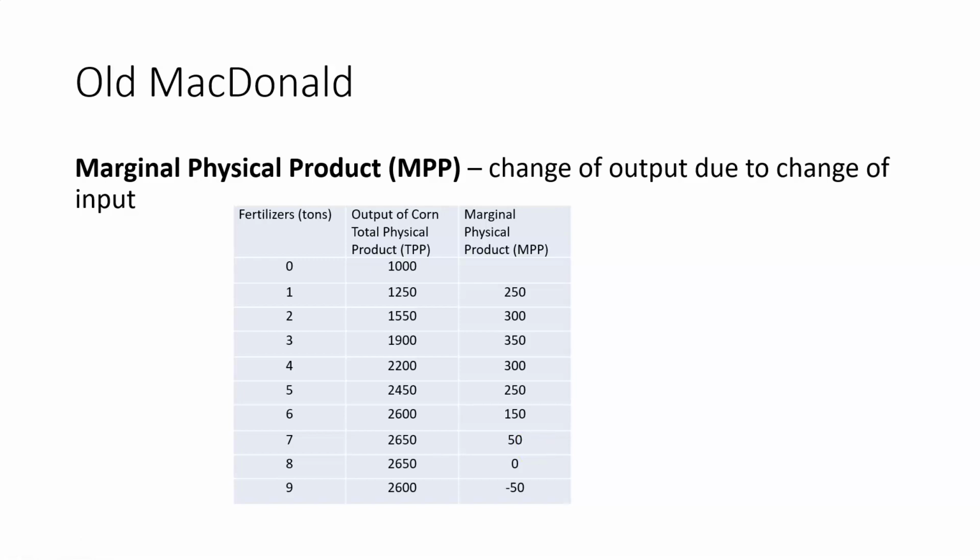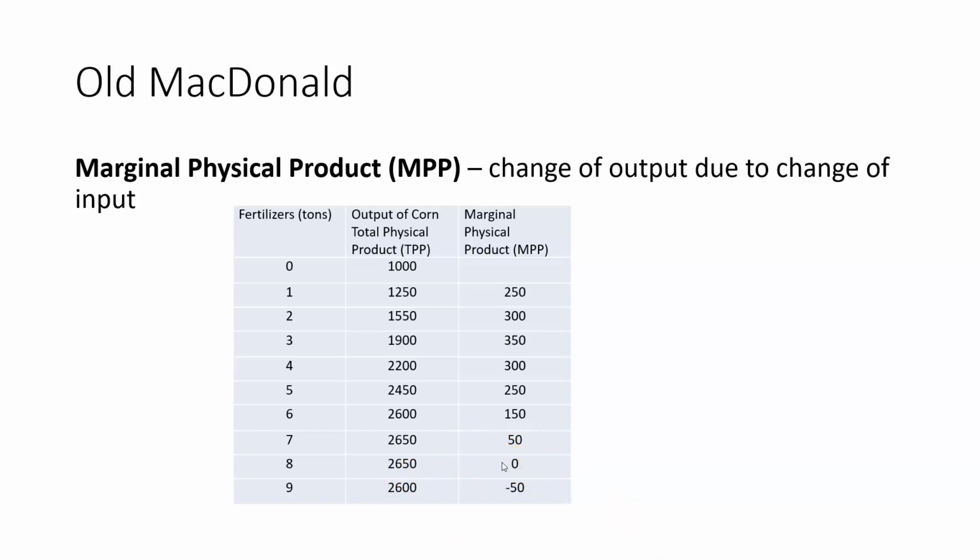Just as what we saw when we looked at consumer behavior, we realized that after we take the 7th ton of fertilizer and put it on our crop, we see that we get 50 tons of additional output. Now, it's not until we put the 8th ton down that we see that we're getting the same amount of output. So we don't know when we take the 7th, what's going to happen when we take the 8th. But when we take the 8th ton of fertilizer and we see that it gives us no additional output,